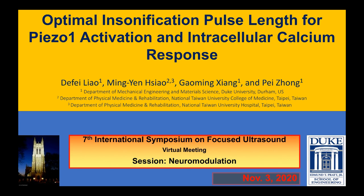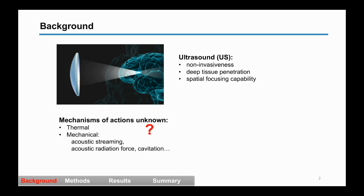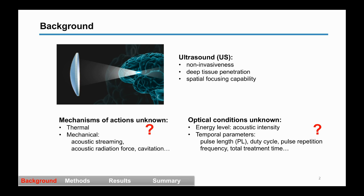In this study, we investigated the optimal ultrasound parameters, especially the pulse length, for Piezo1 mechanosensitive ion channel activation and intracellular calcium response. Despite the unique advantages and growing interest of using ultrasound in neuromodulation, the specific mechanism of ultrasound neuromodulation is largely unknown, and the optimal ultrasound exposure condition for eliciting neural response with minimal adverse effects has yet